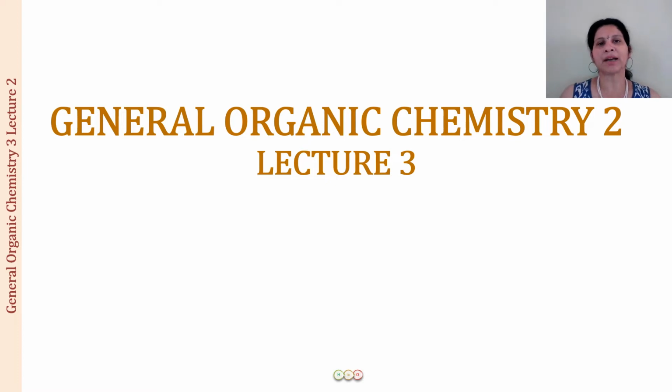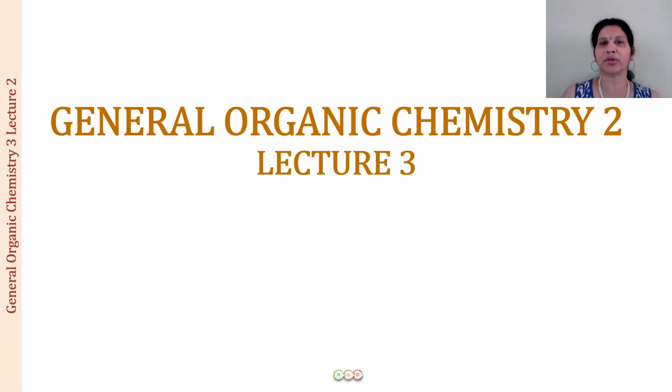Alright, now in this part 2 we have started the discussion on isomerism of organic compounds. We've had two lectures. In lecture 1 it was an introductory lecture, what is isomerism, what are the different types of isomerism, and in that one type is structural isomerism, which we've started the detailed discussion on. So we've discussed chain isomerism and position isomerism in lecture number 1. In lecture number 2 we discussed functional isomerism, metamerism, and ring chain isomerism. So related to the structural isomerism, only one type of isomerism is left behind, and that is tautomerism, which we will be doing in the next lecture.